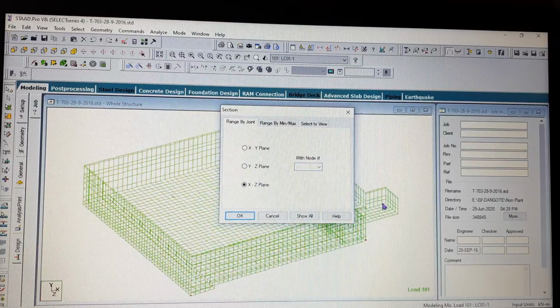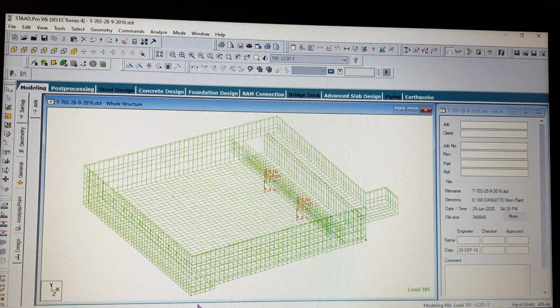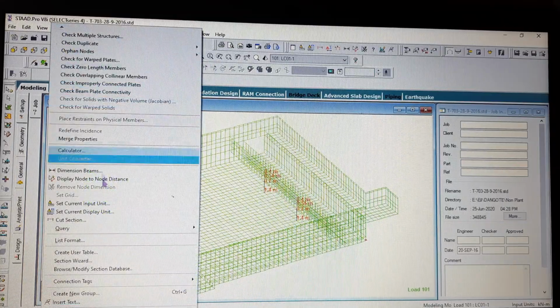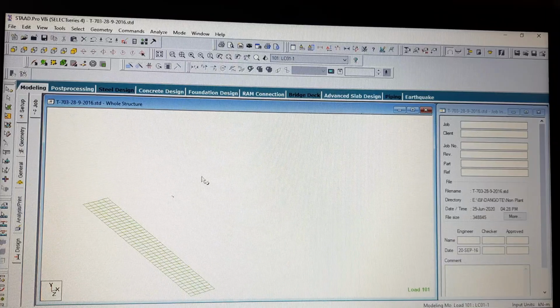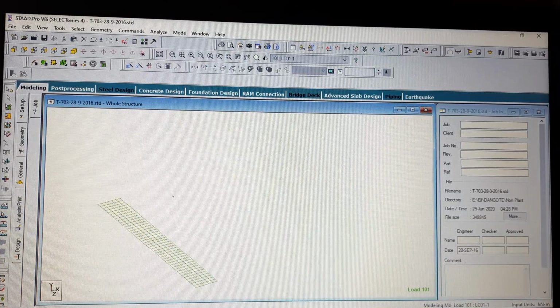So if I put the node number, say 370, again go to tool, click on cut section, and give the node 370, and click OK, you will see this portion. All the nodes which are lying on that XZ plane will be shown separately in your window.